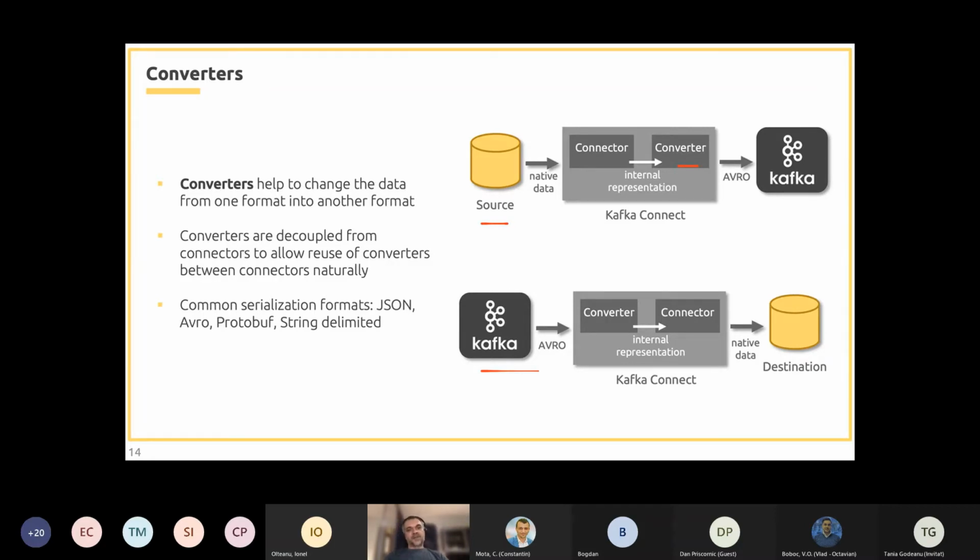And this data is passed to our connector, which writes it to our destination using the data format specific for our target system.